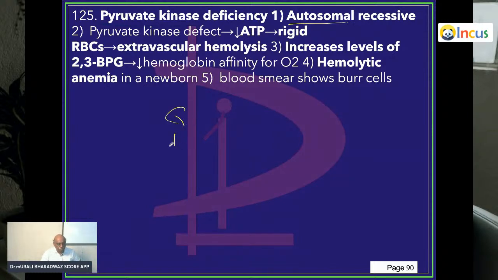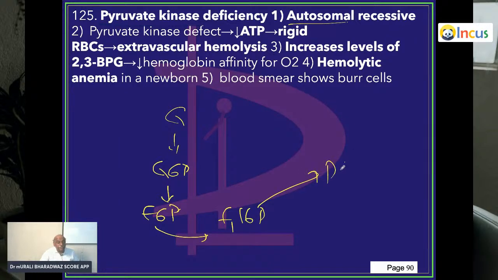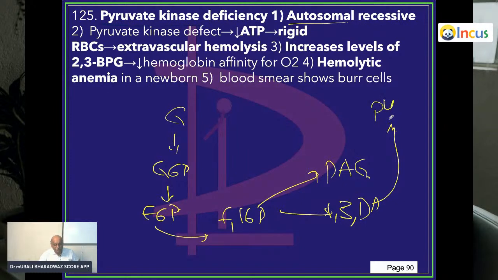Quickly tell me: glucose becomes glucose 6-phosphate, that becomes fructose 6-phosphate, then fructose 1,6-diphosphate, then that becomes DHAP and 1,3-DPG, and that will ultimately become